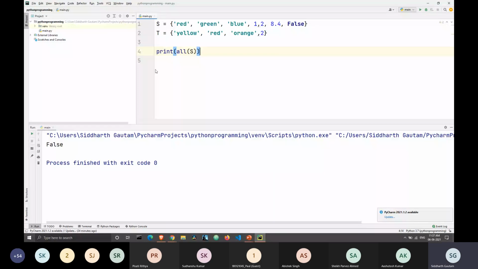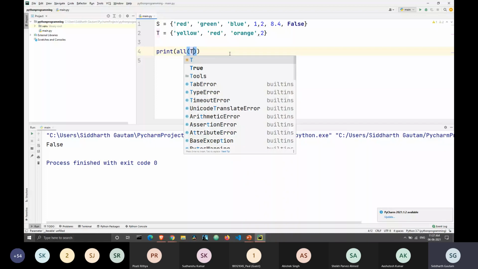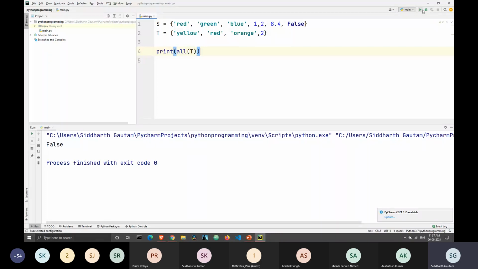So I'm printing all of S. But instead, if I print all of T, I will get my output as true, right? That's happening because there is no false element within the set named T. You might be thinking, what about the other elements, let's say red, green, blue, 1, 2, 8.4?